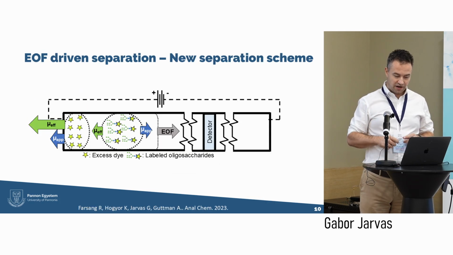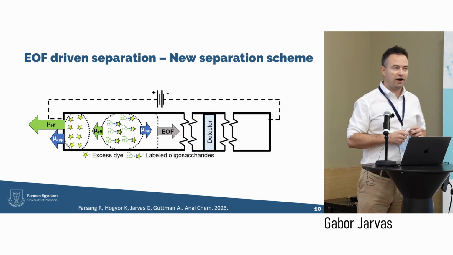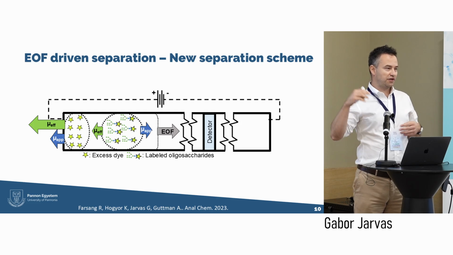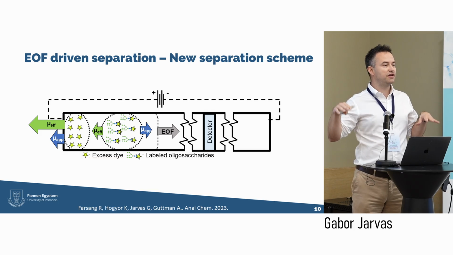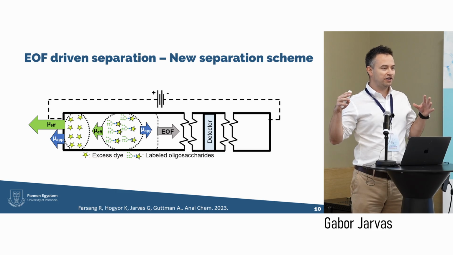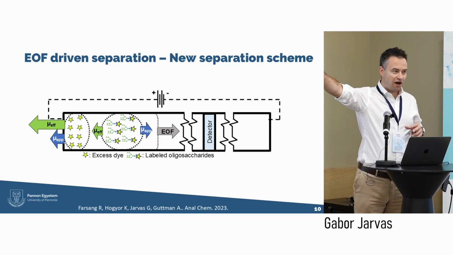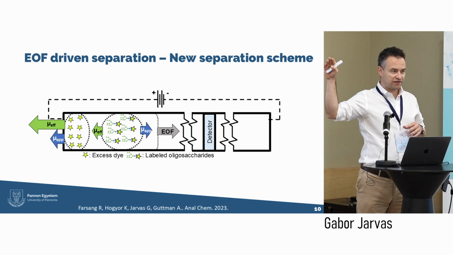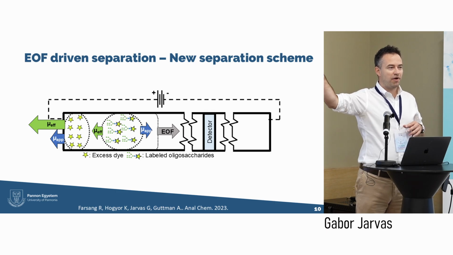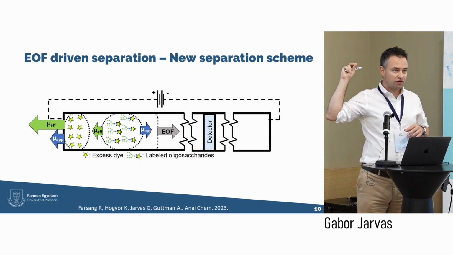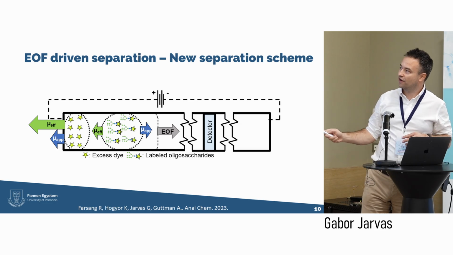And then we got to the solution where we work at alkaline pH when the EOF is rather high. So we do not suppress the EOF, but we use it. In other words, it's not a bug, it's a feature for us. How do we use it? We simply change the polarity, and in this case, the EOF is throwing out the separation media at the injection site, but the migration is dragging the glycans towards the detector. And this is what I try to